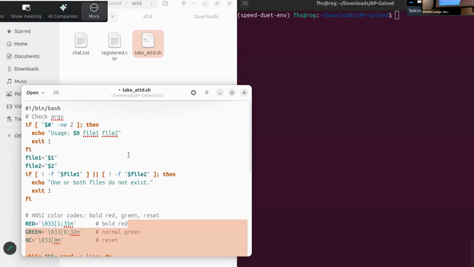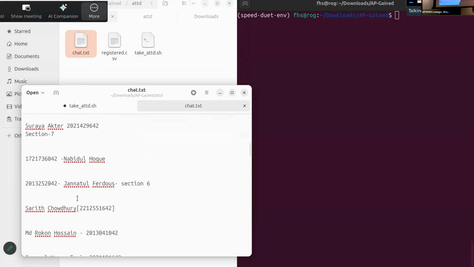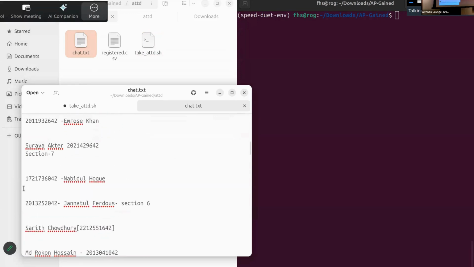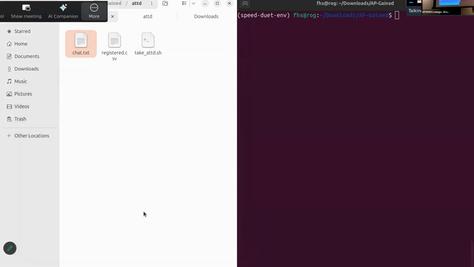Yeah, so this is a shell script, and it takes as input two files. The chat file, where you can see there are a number of students. They drop their ID and name in different ways, and then I extract the ID using the script. That was the script. And if I run it now,